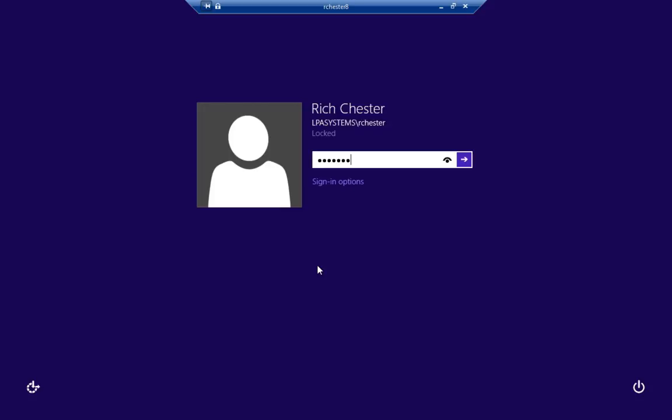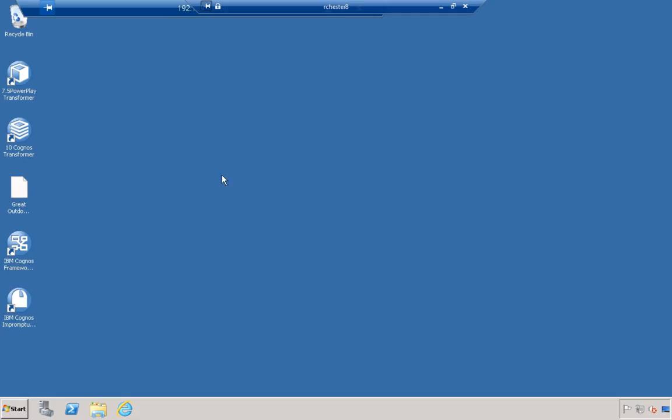And first thing I'm going to do is I've got a little VM running over on that PC. And what I want to do is talk you through the migration tools that migrate Series 7 to Cognos 10 content. Now, the migration tools, as you remember, this is a product 1 to product 2